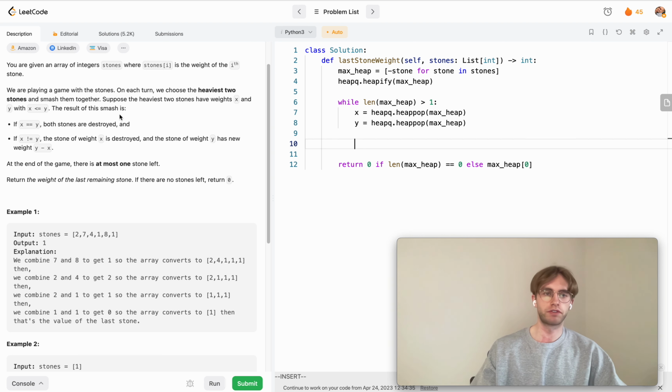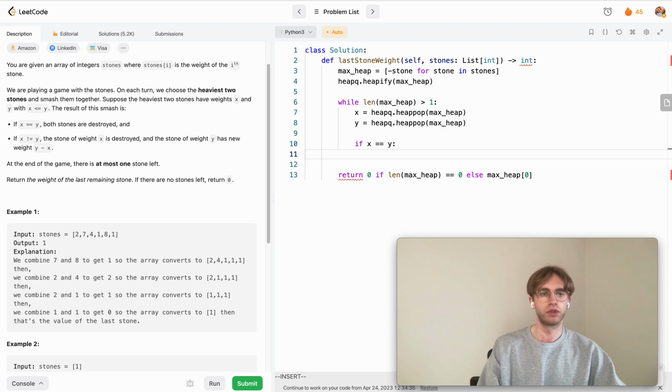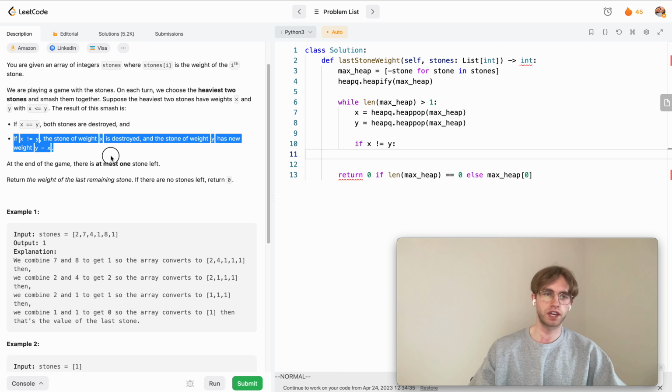And so just to follow the rules of the game, we want to say, okay, if x is equal to y, we want to just continue on. We don't want to add anything to our heap. If these are the same values, we want to do nothing. So you could just type continue here, but in this case, why don't we just say if they are equal to each other, we'll just reloop. Otherwise, we want to consider this case, and we'll just say, okay, let's just take the maximum value and subtract it